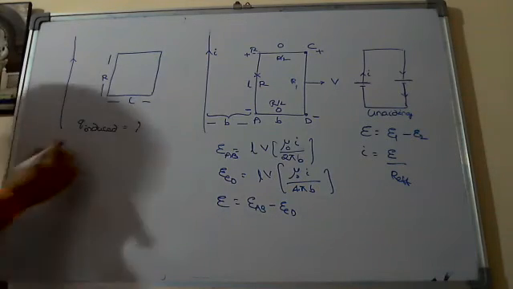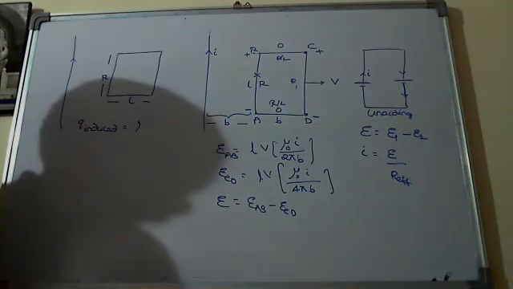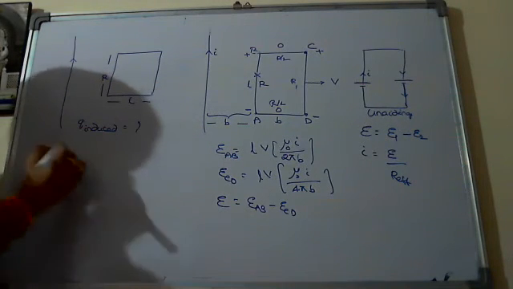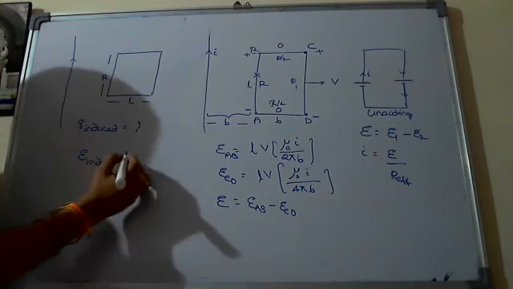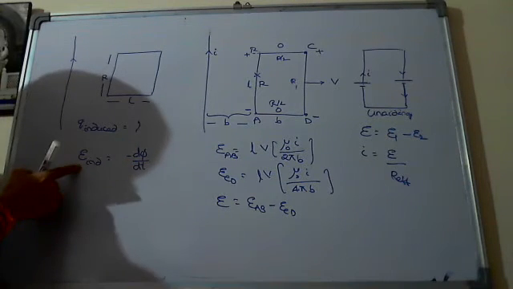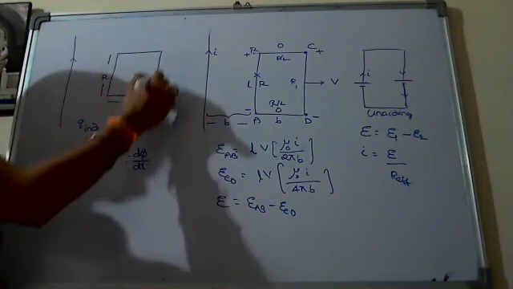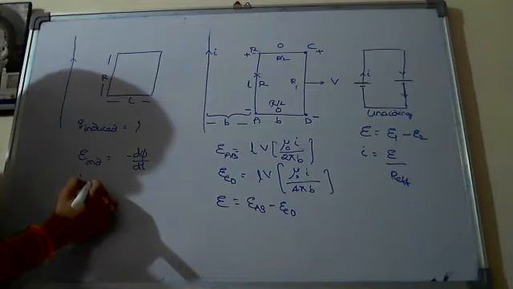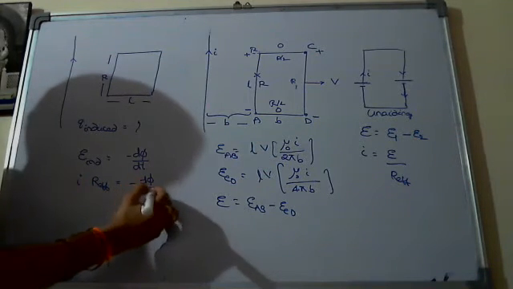So in this type of model, if it is not in motion, we can't use such concepts. Then first of all, how to find induced charge? That we don't know. So first of all, we try to find out what is the EMF induced. That we know, minus d phi by dt. After finding the induced EMF, since he is asking the charge, I try to calculate the current. E is equal to I into total resistance in the circuit, that is minus d phi by dt.